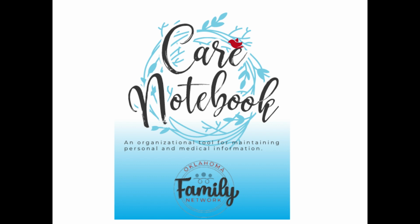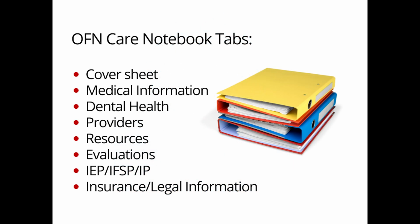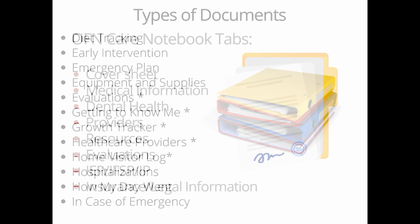So the first thing we're going to go into is talking about the care notebook tabs. When you make a care notebook, you want to think about the ways that you're going to organize it. These are just some suggestions that we make about the different tabs on a care notebook. But again, these are suggestions. Before I dive into the tabs, what I recommend is, if you are in the beginning stages, it can be very overwhelming to put together a care notebook. You might have all of your documents